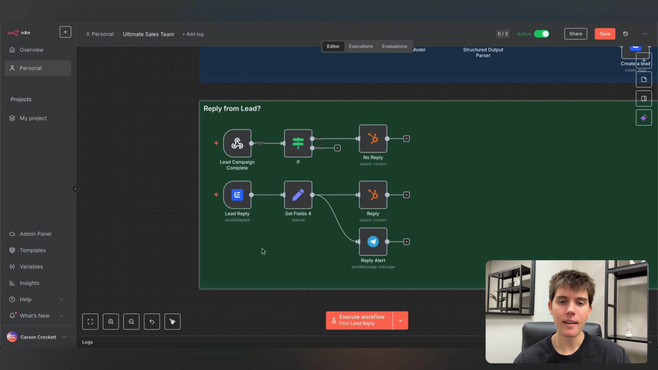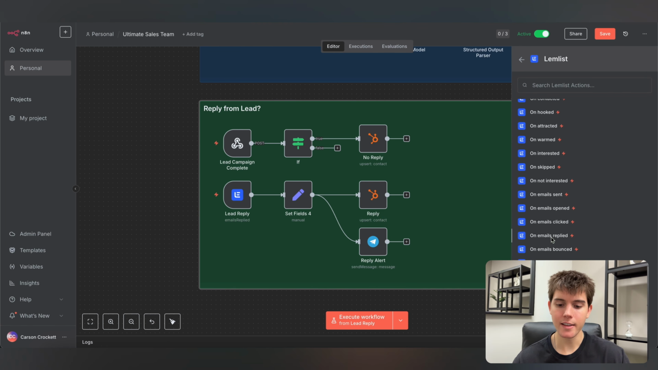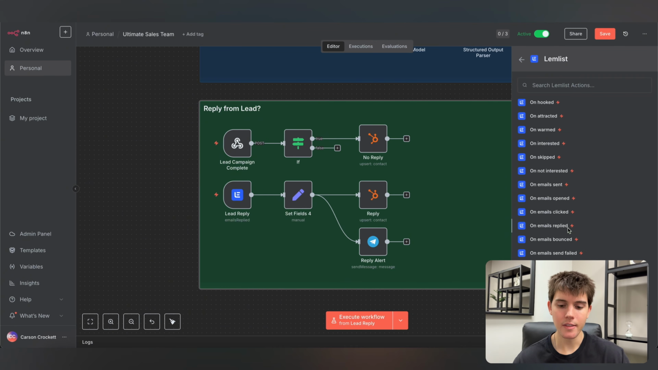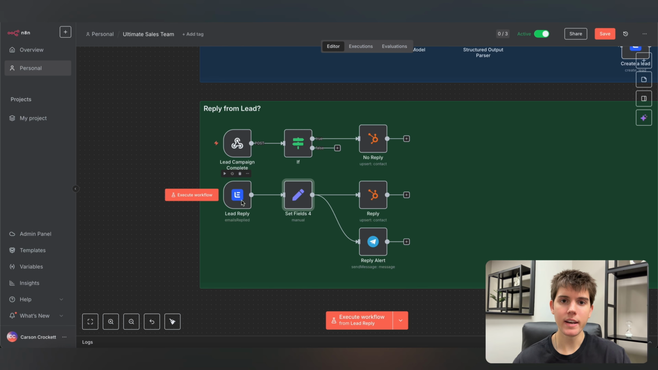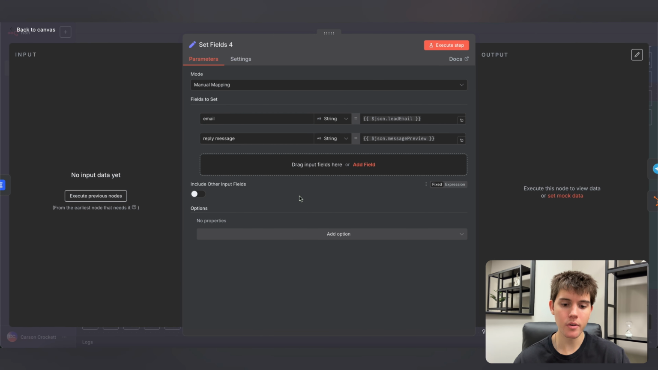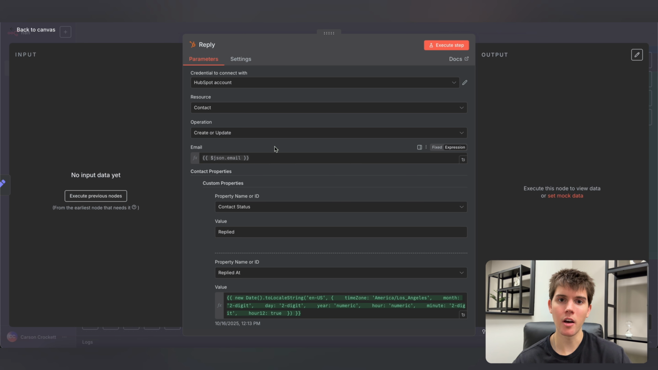to no reply. However, if a lead does reply, Lemlist does have a built-in node to track replies. So once again, just look for the Lemlist node, go down here to triggers, and then look for the on emails replied node. This is the one that is right here. All we're doing is connecting our Lemlist accounts, and the event is going to be emails replied. So when a lead replies to an email, Lemlist is going to pass the lead information onto the set fields node, and we're just going to take from that information the email of the lead as well as the reply message. And that's because in this next node, which once again is a create or update contact HubSpot node, we